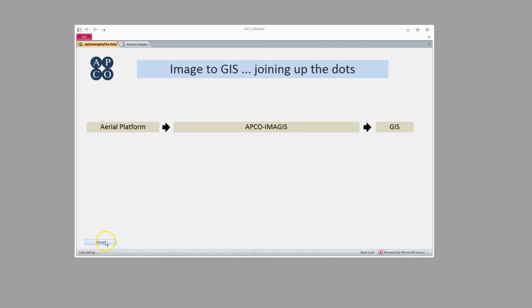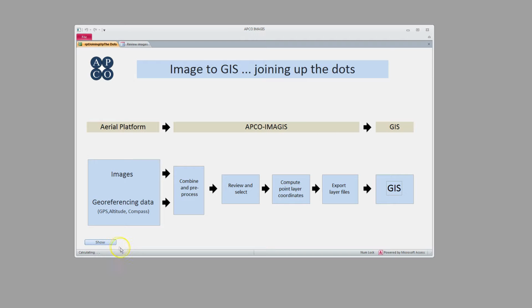Okay, looking at APCO IMAGIS in a bit more detail, we can see that between the GIS at one end and the aerial platform at the other, which is providing both images and georeferencing data, GPS, altitude and compass bearing and so on, the first stage involves the combination of the two sets of data and pre-processing it for presentation to